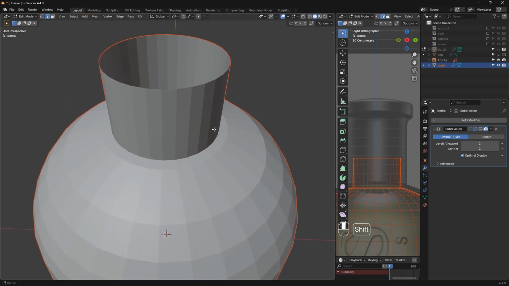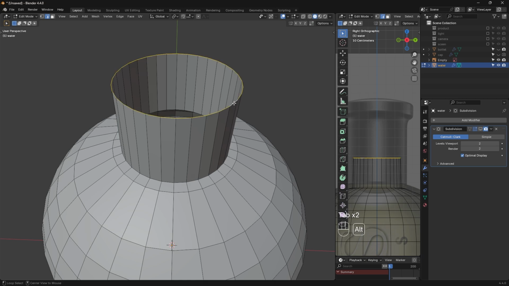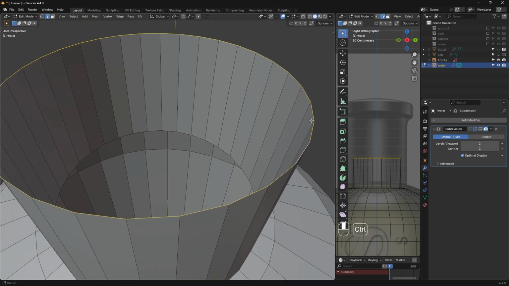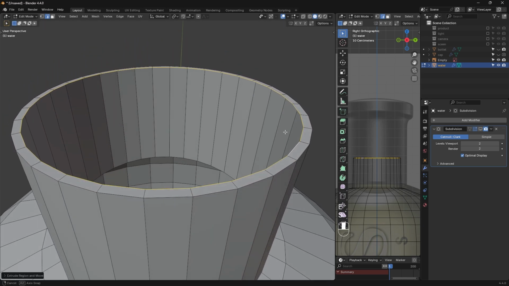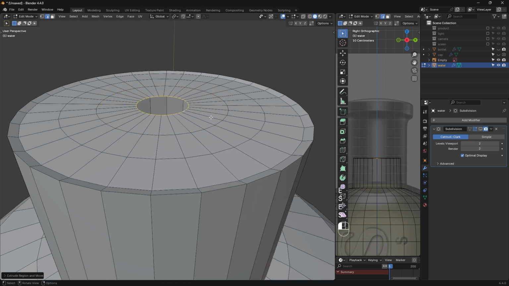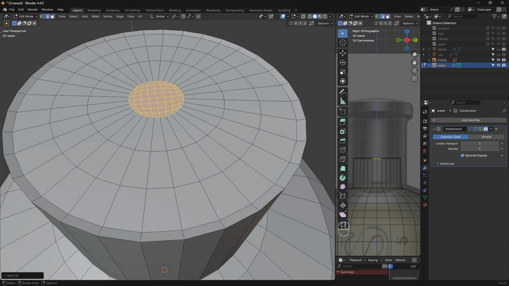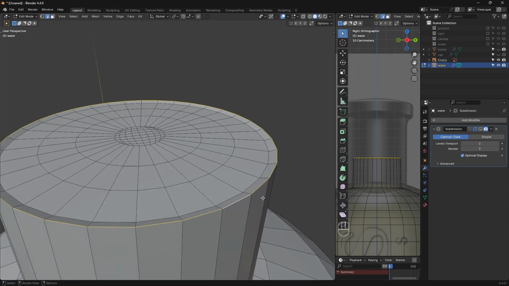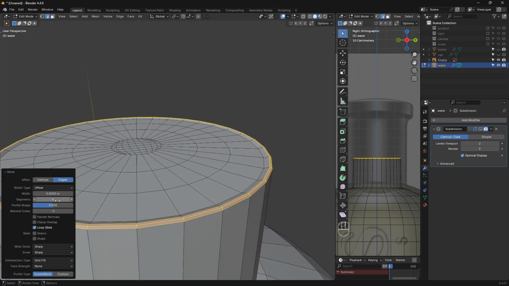And let's hide the cup, sorry, the bottle. Let's go to the edit mode and let's close it. E and S, G and Z to drag it a little down. E and S, 1, 2, 3, and we can close it with Control F and grid fill. Let's give this one a bevel. Control P and make it